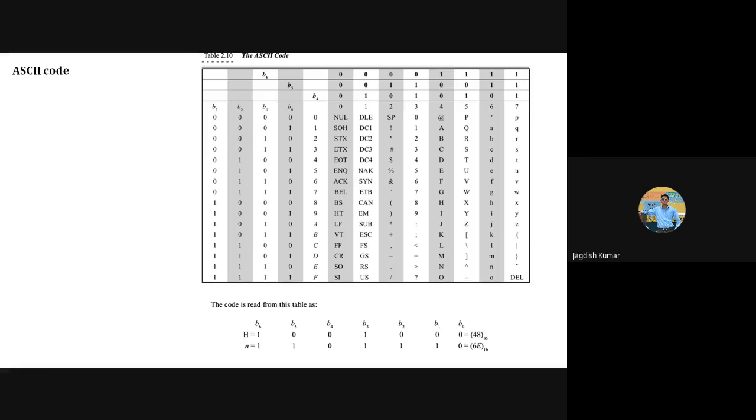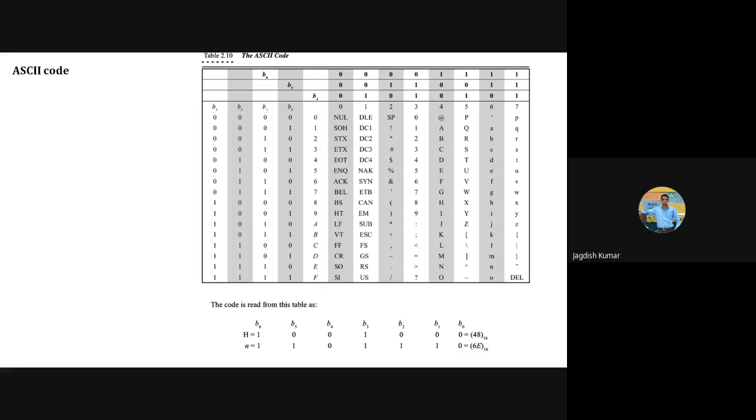American Standard for Information Interchange. Yes, very good. So this is now very popularly accepted and well recognized, and most of our devices are designed on the basis of ASCII coding.